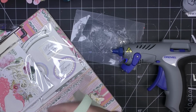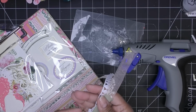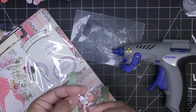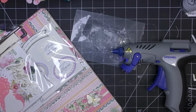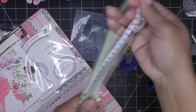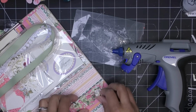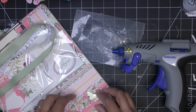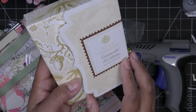Let's see here. I usually just get everything that I'm going to use at once and I line it up and I cut it all at once, but this time I did it a little bit differently. So let me get these guys going. Yeah, my hot glue gun is still on. What I'm going to do is tie this on and then put some seam binding to hold that down. So with this little guy, I love this flower from the ephemera pack or the sticker pack that we have here. And then I was thinking if we did that, and maybe I found these ornamental foil stickers, you guys,